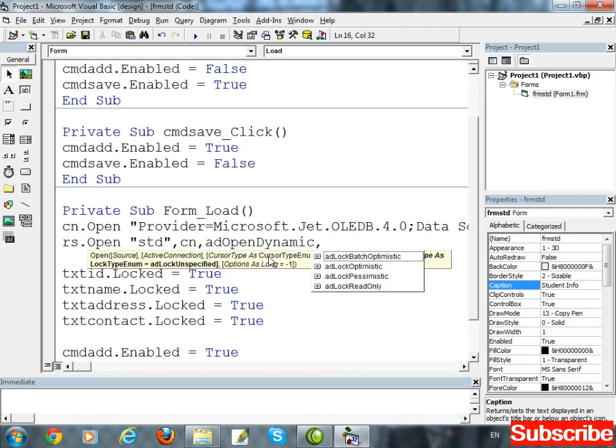Again put a comma, and lock type should be the third one, adLockPessimistic. At lock pessimistic means each time when we use the record set, after using it the previous data remains inside the record set. So for next use we want to clear that record set.